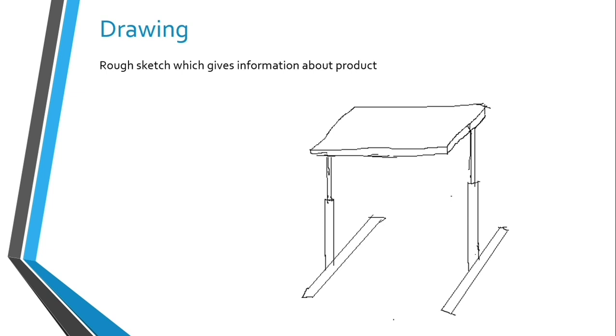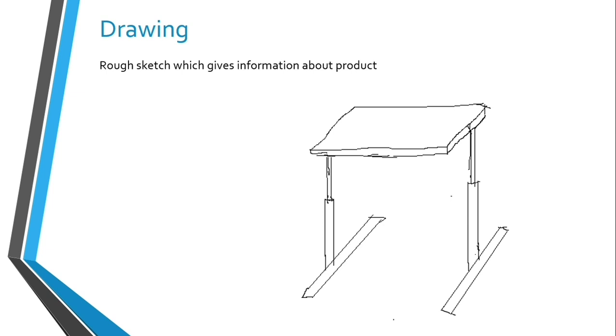I want to make a table. I just draw a rough sketch of it. Does it really give any other information, like how much length it is, how much depth, how much width, how much height that table is? No, right? It's just an idea, like I want to build this. So if an idea strikes my mind, I'll take a pencil or pen and draw it first,